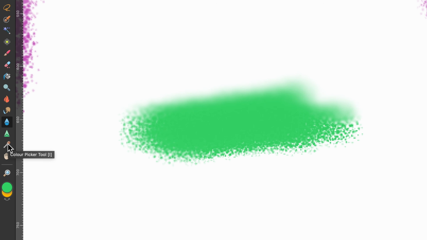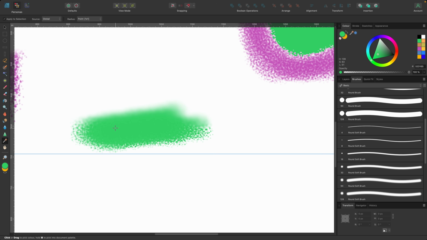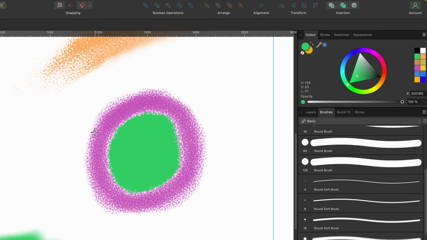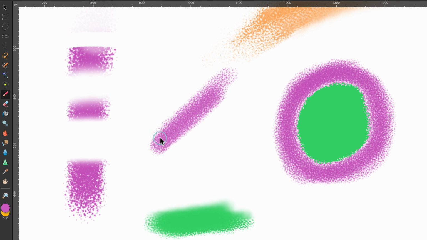And then finally, you have the color picker tool. And this is basically where you can just click it and you can choose a color. Let's say you have a few colors here, or maybe it's on your desktop somewhere. You can just sample a color. So let's say I want this color here. I'll just click once. You can see in the color tab, it's switched over to this color. And then if I grab my paintbrush tool and start painting, it will be that color.